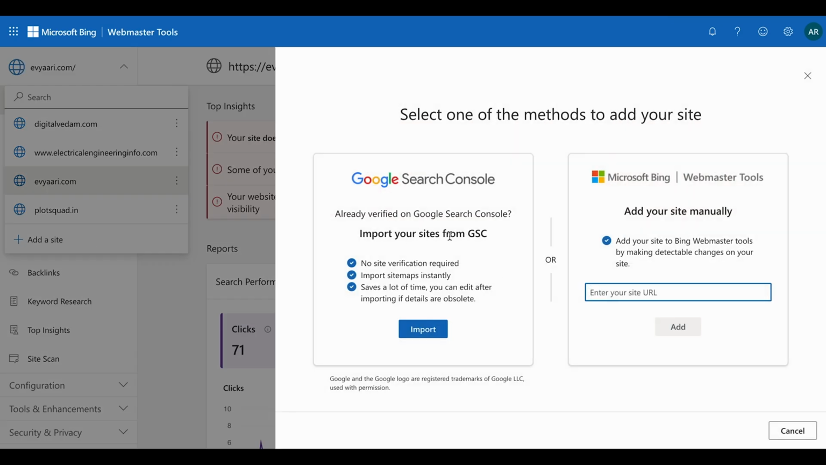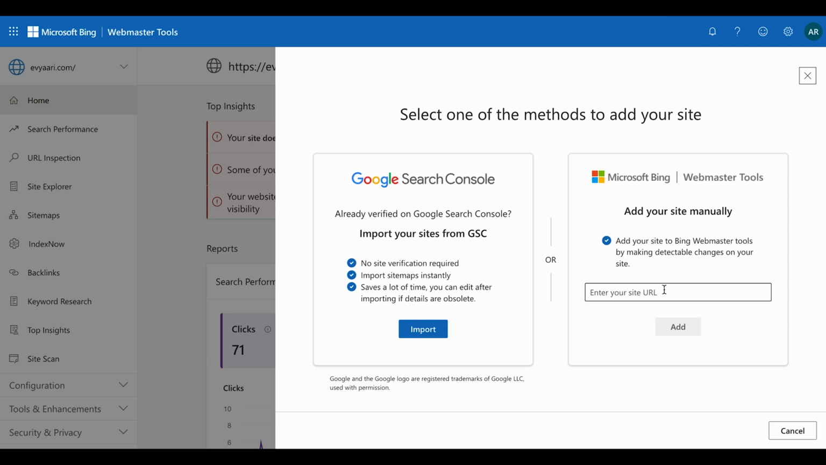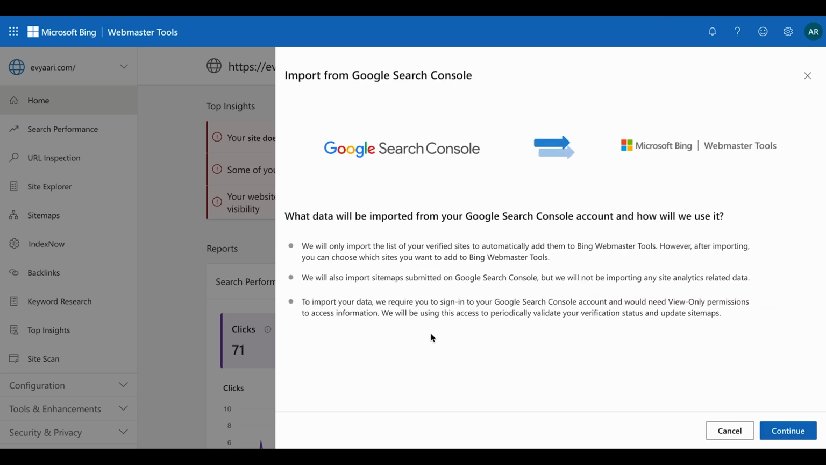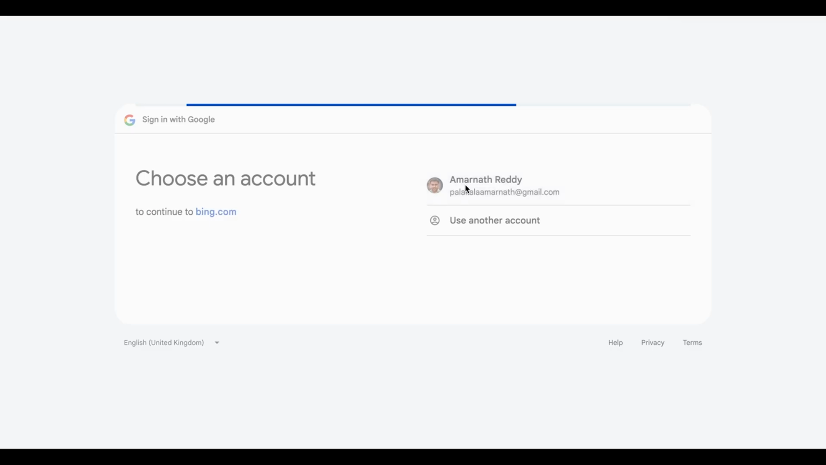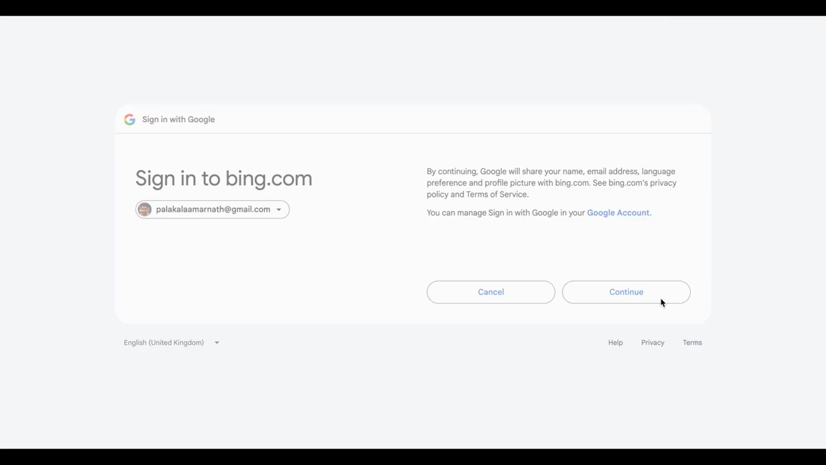You have two options. One is importing the site from Google Search Console, and the next is directly verifying your site manually on Microsoft Bing Webmasters. Now let's try importing it from Google Search Console. I'll click on import. Next I'll click on continue, and it will ask for the Google account over here. I'll click on the Google account, continue,